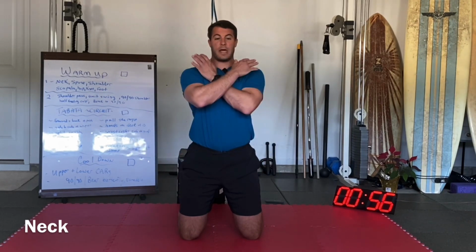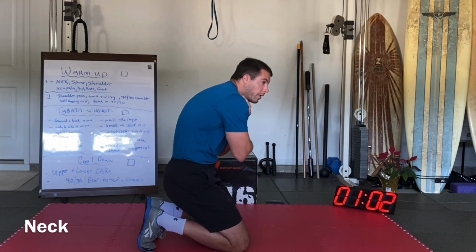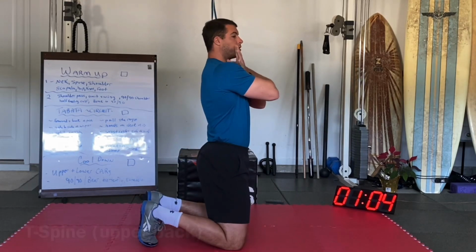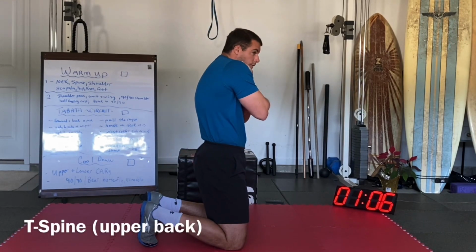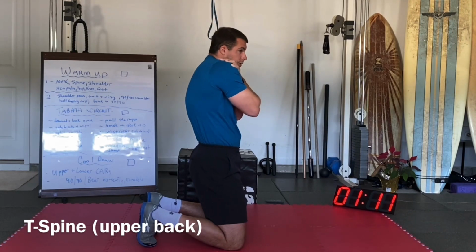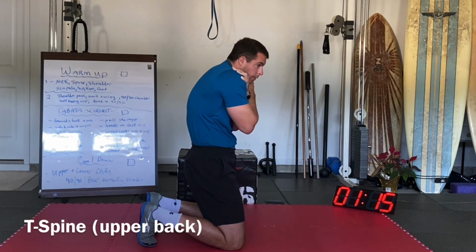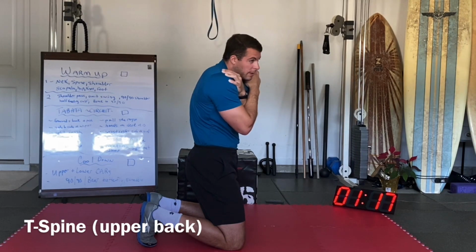Okay, so for the back, whether you're seated, standing, or kneeling, hands across the chest. Remember, when we flex our back, we don't want to bring our hips back, so just try to move the upper back over the hips. Okay, so try to keep the shoulders behind the hips. We're going to round the back down, hold here. Then we're going to rotate, bend into the side,